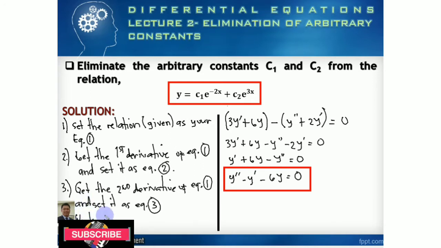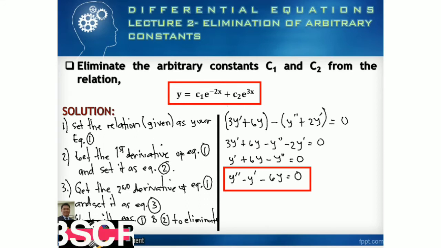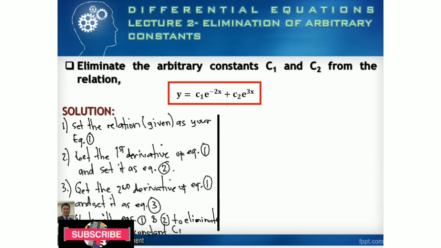Work with equations 1 and equation 2 to eliminate the arbitrary constant, where in this case is c1. Okay, you are going to work with equations 1 and 2 actually, to eliminate first the arbitrary constant,